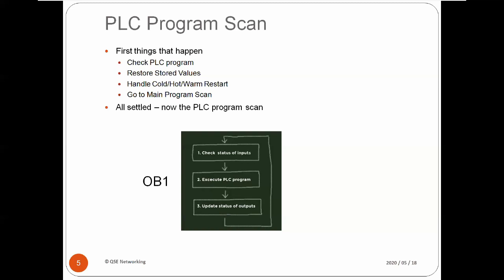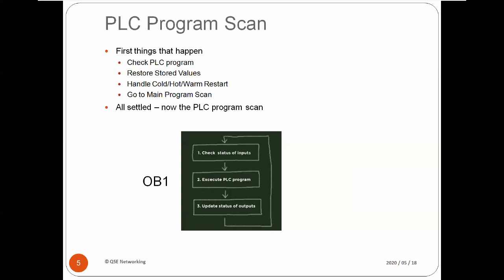So that scan time in an S7-300 could be of the order of 10 to 50 to 100 milliseconds, depending on the PLC type and the model. Whereas if we go to the new S7-1500s, they're running at 1 millisecond. So they really are flying. So that is just, so the OB1 is where the action is. From OB1,